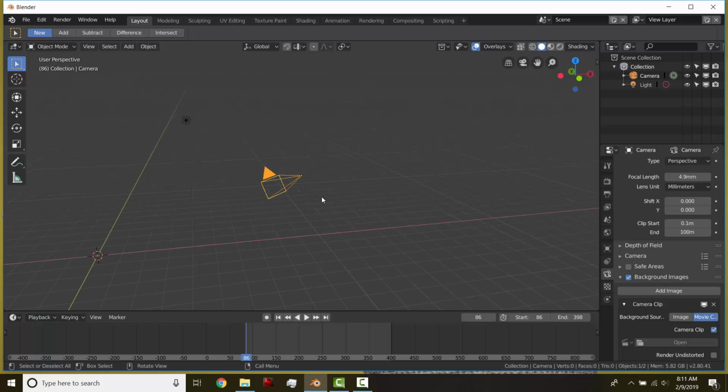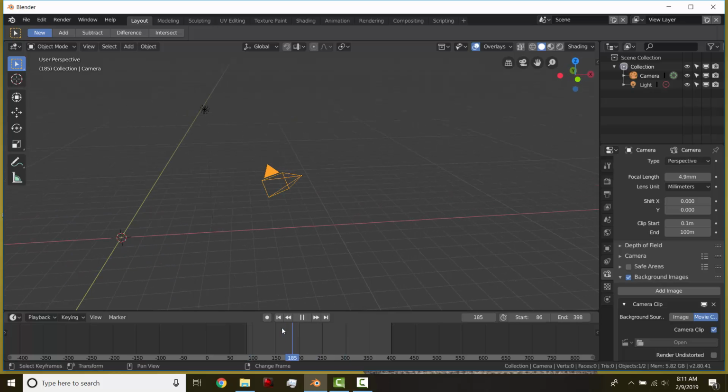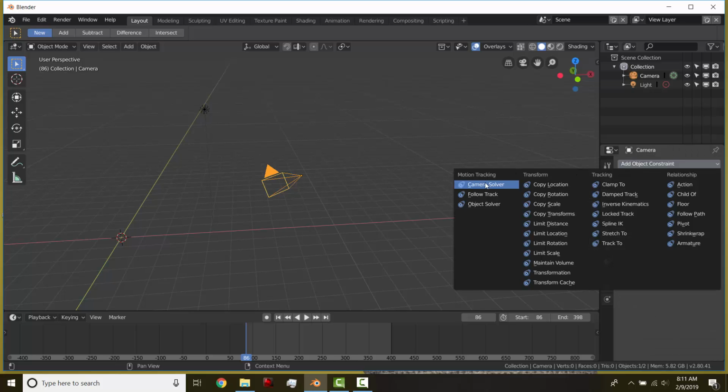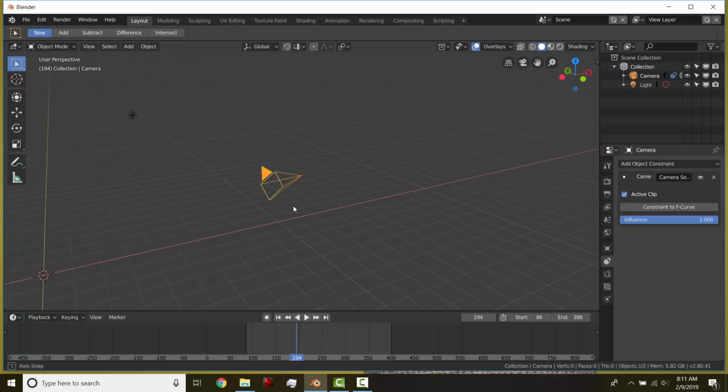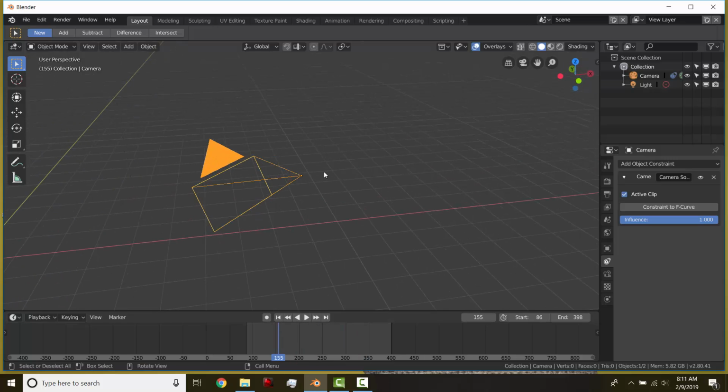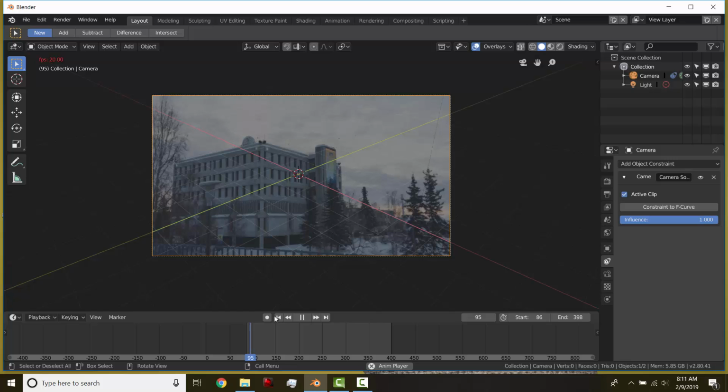Next, so now the camera isn't moving, but we need it to move. So we're going to add a constraint. Right above that, the camera is constraint, and we'll say camera solver. And now our camera has the right movement, but it's in its default location. So if we look at the ground plane,